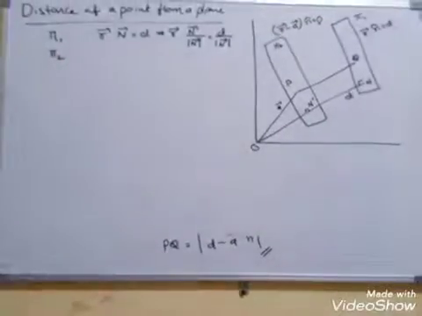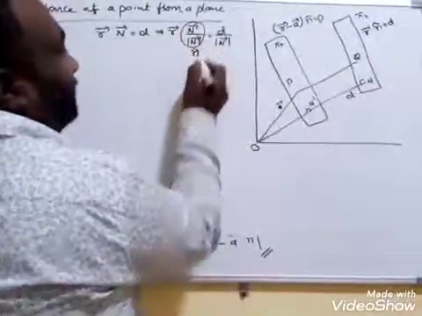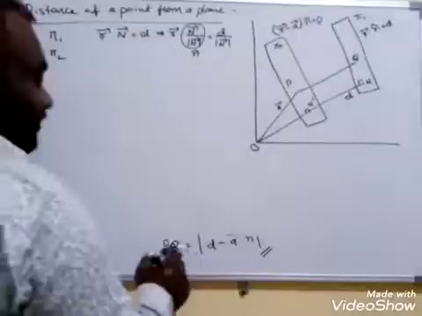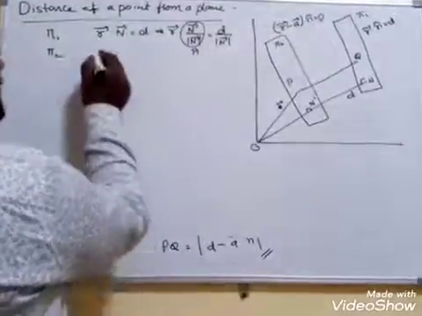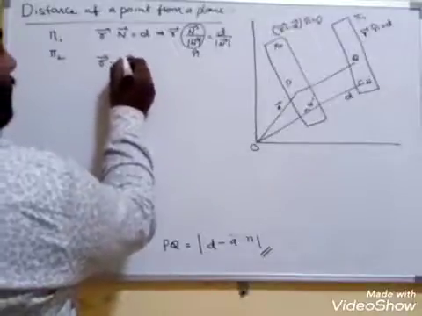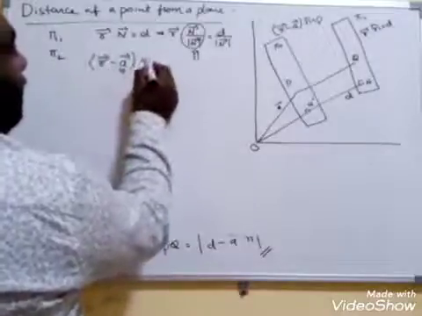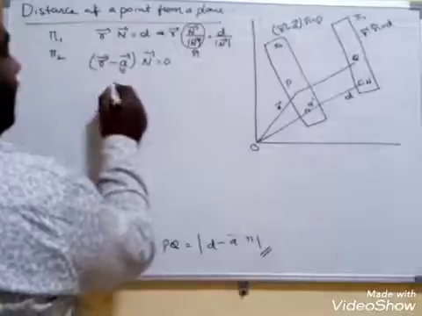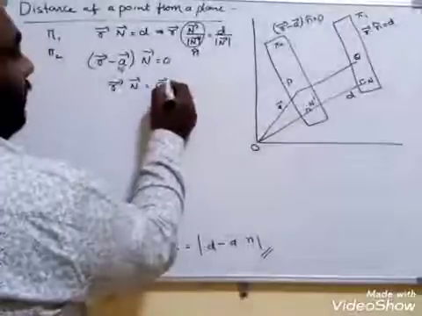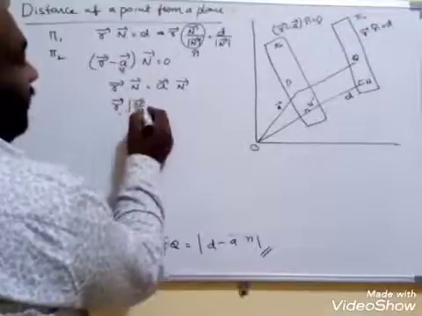Now the given equation is reduced into this n cap form. This one is the n cap, now reduced into a unit normal. Therefore, in the place of D, we are going to get this one. Similarly for the second one, we get R bar minus a bar dot n bar is equal to 0. From this, R bar dot n bar is equal to a bar dot n bar. Now we have to divide by the modulus of n bar so that it becomes the unit normal.